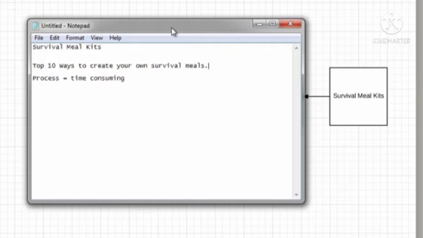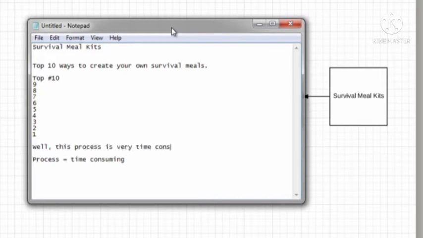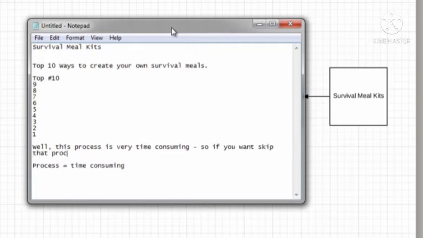So maybe you can talk about the top 10 ways to create your own, and start with number 10 and then go to 9, 8, 7, 6, 5, 4, 3, 2, 1 kind of thing. So maybe at the last one, you mention that and you say, well, this process is very time consuming. So if you don't have 40 hours a week or something to create these meal kits, and you don't want to create them, and you want to skip that process